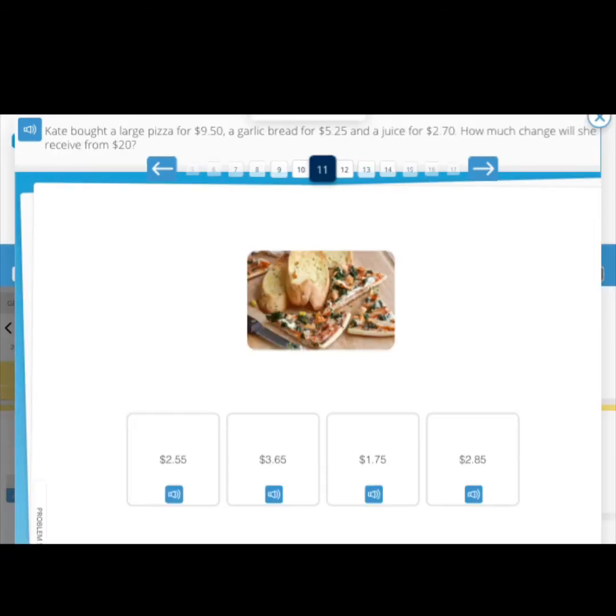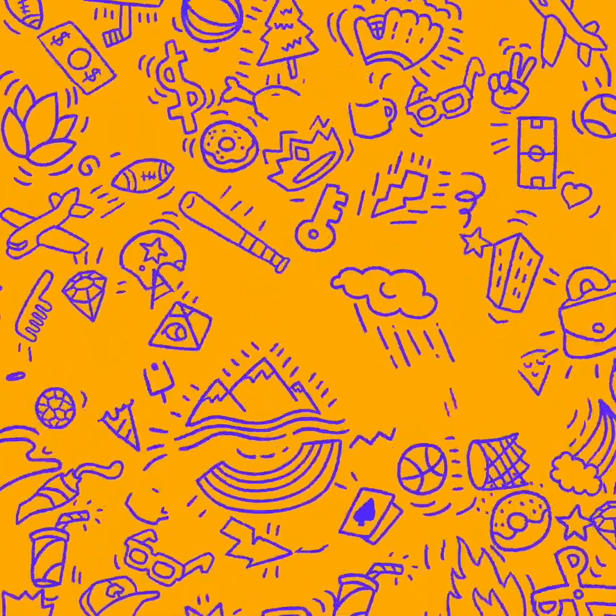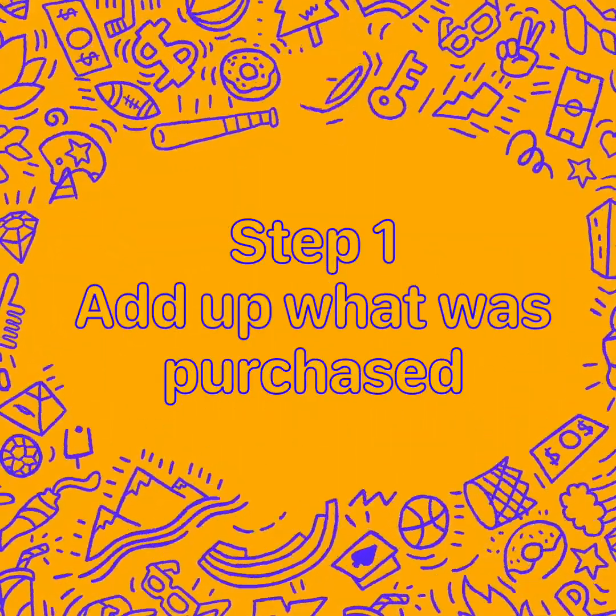The next step on from that is this sort of question where you're trying to calculate how much change you get when you buy certain things. So Kate bought a large pizza for $9.50, a garlic bread for $5.25 and a juice for $2.70. How much change will she receive from $20? And the best way to do this, step 1 of this problem, is to add up what was